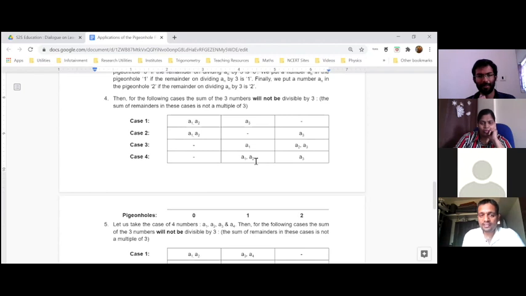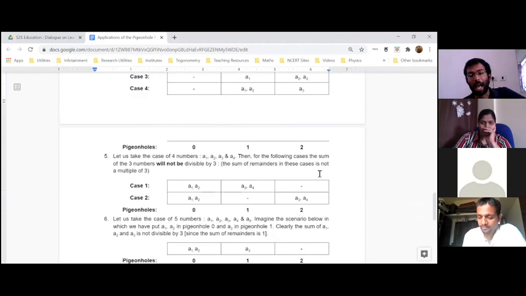So in all these cases, if you add the remainders, the sum of remainders will be less than 3. I mean, it is 1 or 2. Okay, the sum of remainders. So now, first of all, converting this question into a question of looking into remainders is a wonderful idea. That's a nice idea. Go ahead.